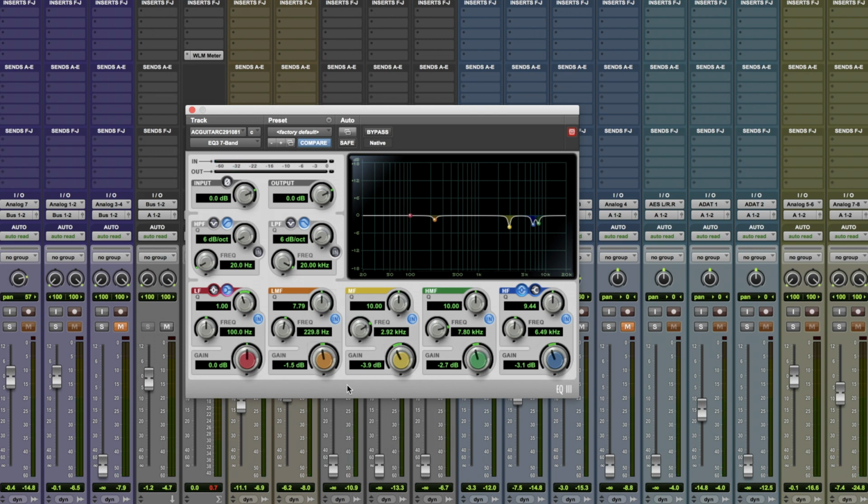So what I'm doing is I'm picking a very narrow Q and I'm boosting it quite severely and sweeping through until I hear something kind of ring out. So that's a resonance. It can be sometimes a room problem, or sometimes it's just a build-up in frequencies. On an electric guitar, a small combo, you'll have loads of problems around 1000 to 4000 hertz. So it's really just finding where there's build-ups of frequencies and reducing that to give it a more clean and